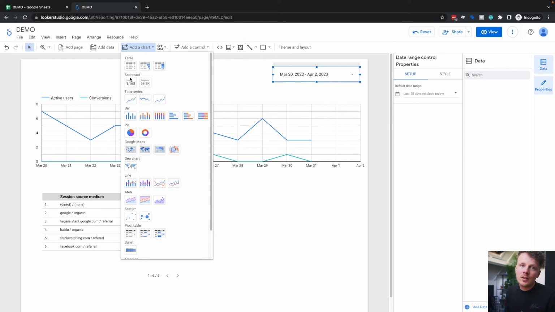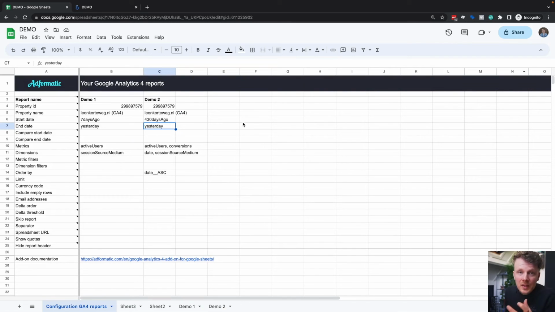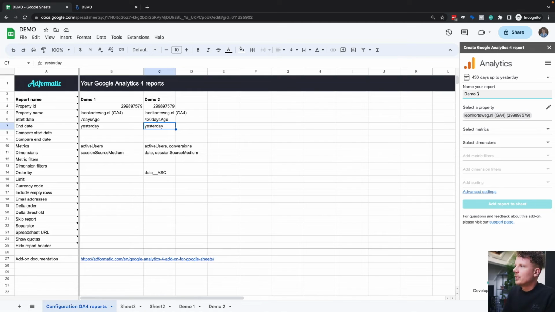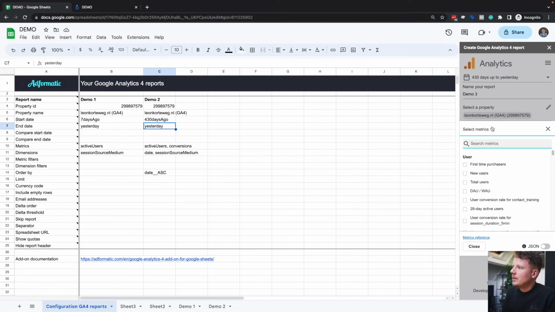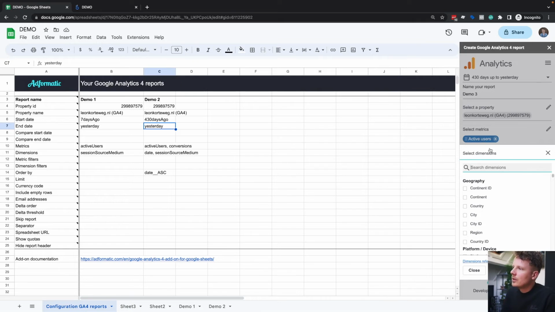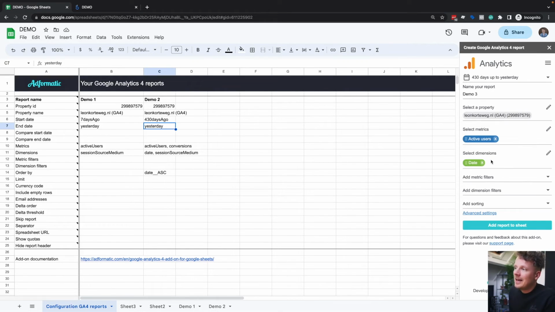In some cases, I found that my user count was 8 times more, 10 times more than I saw in GA4. So one thing that I like to do to minimize the amount of doubles in my report is to go under extensions and then create a report. I'm going to call it demo 3 and then only pull in the amount of active users. And you can add any metrics that you like here, but only use date as a dimension here and not add other dimensions as well, because the more dimensions I add here, the more doubles I will generate in